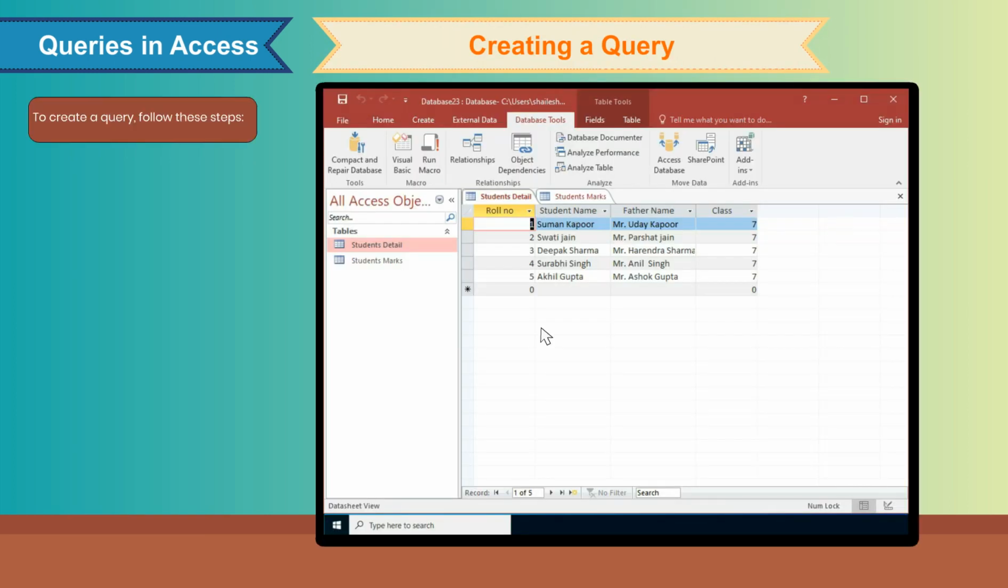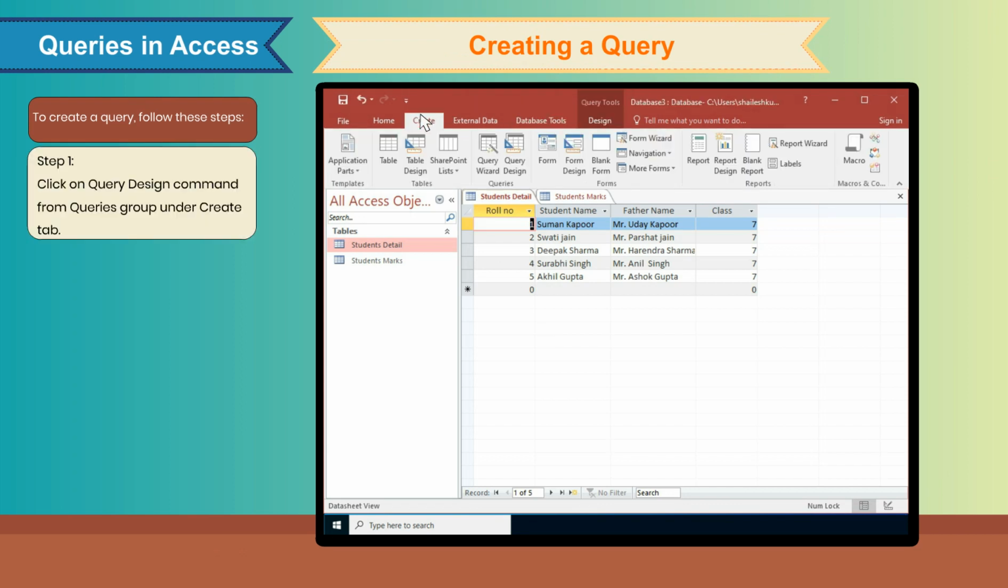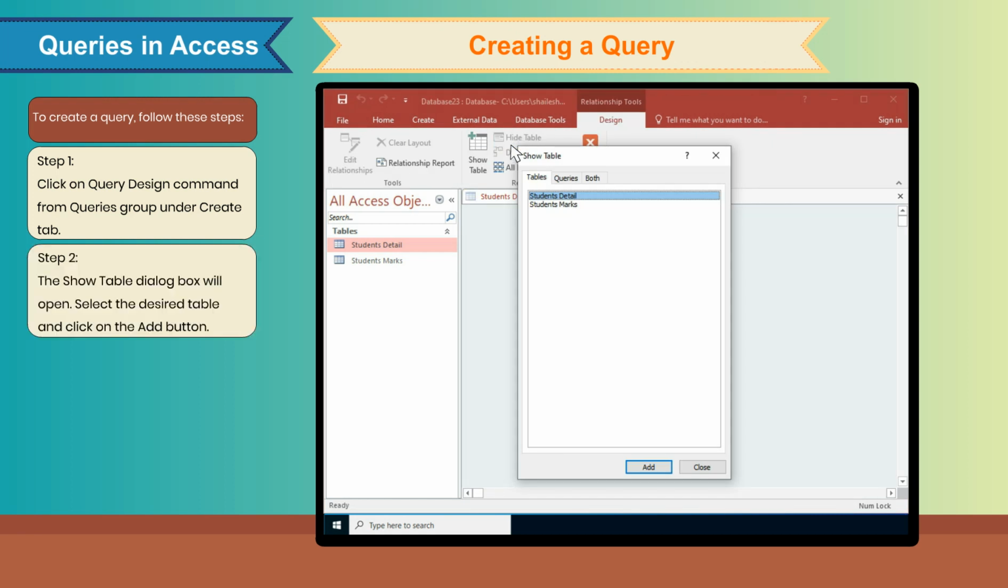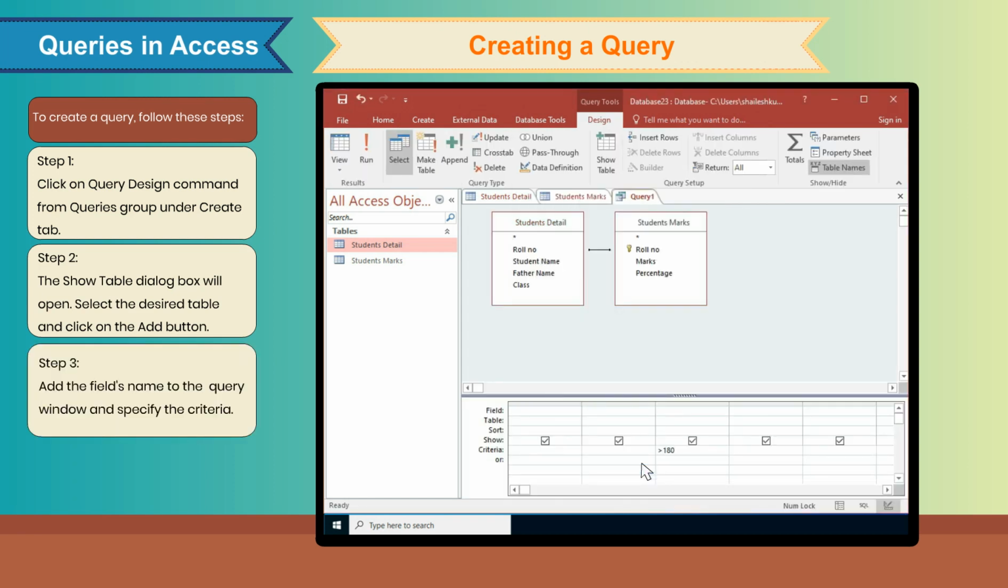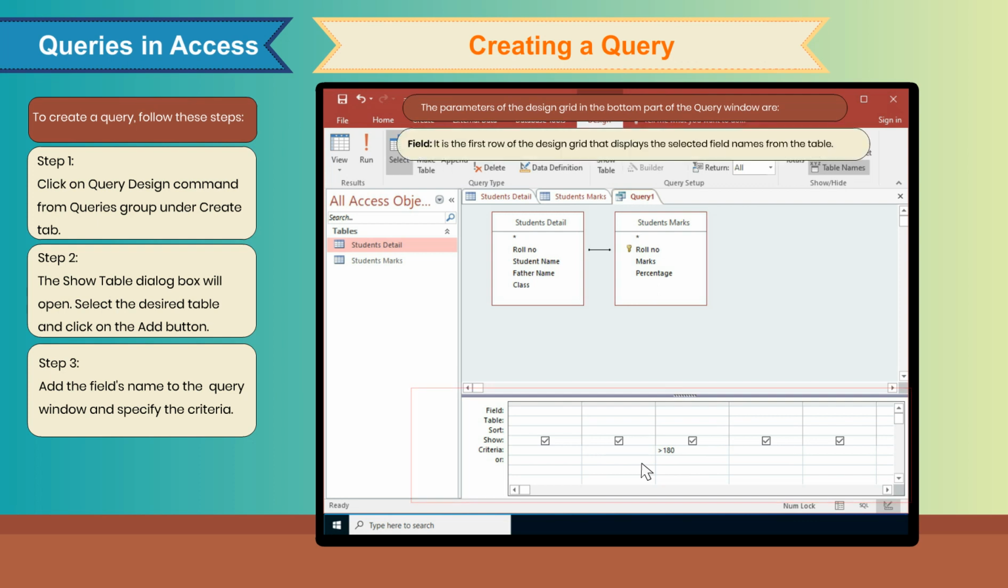Creating a query. To create a query, follow these steps. Step 1. Click on Query Design command from Queries group under Create tab. Step 2. The Show Table dialog box will open. Select the desired table and click on Add button. Step 3. Add the field's name to the query window and specify the criteria. The parameters of the design grid in the bottom part of the query window are: